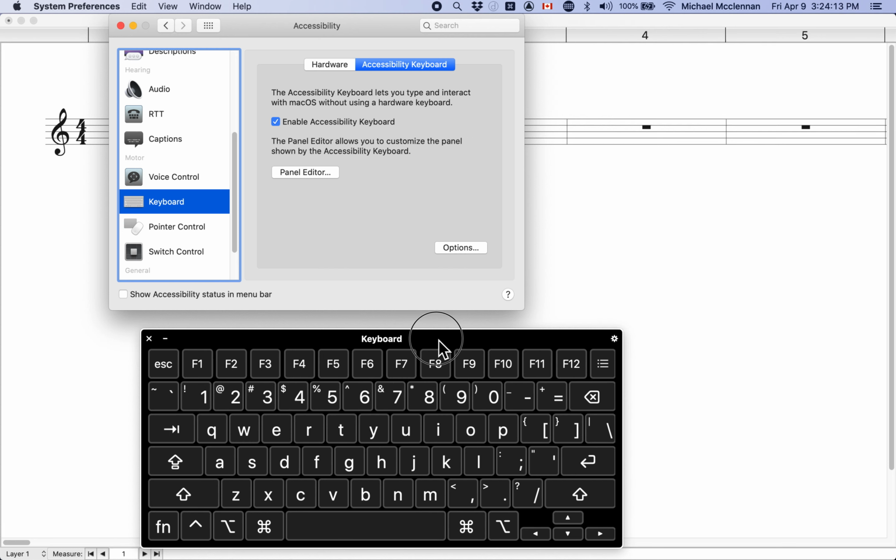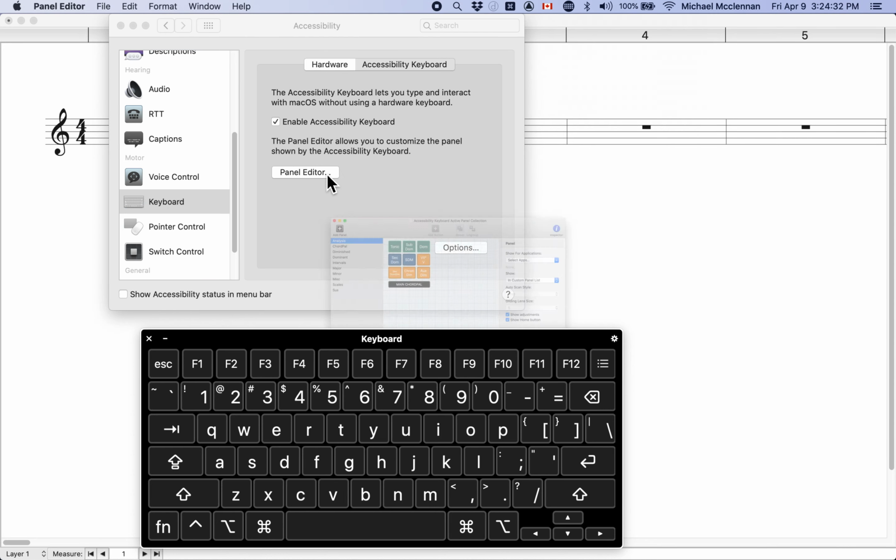Now this is designed for people who are not able to use the standard keyboard and need to have an on-screen keyboard, but it's also very programmable, very customizable, and can be used as a palette system for whatever purpose you want on your Mac. So we're going to go into Panel Editor, click on that, which brings up